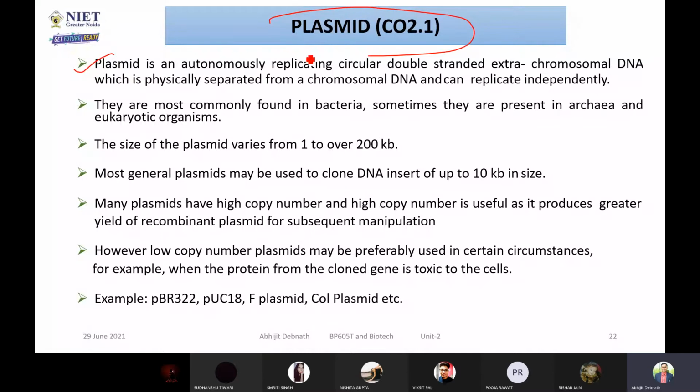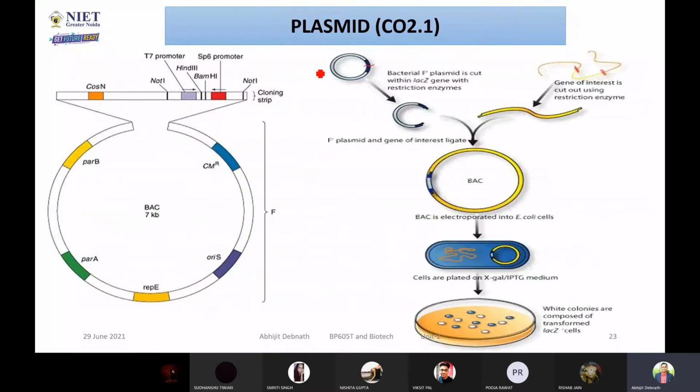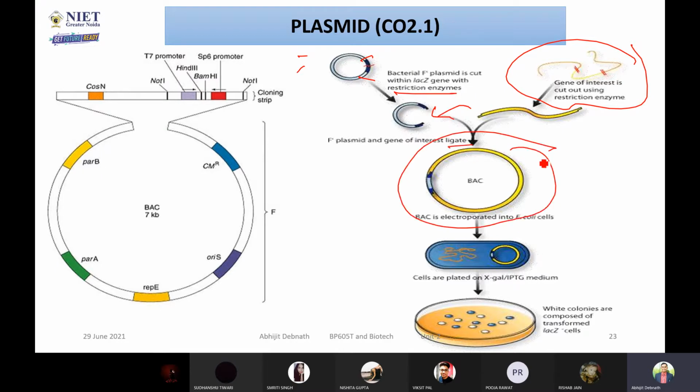I told you what a plasmid is. You have already seen it in unit 1, and again I discussed the same part. This is the gene of interest. This is the plasmid. By using the restriction enzyme, you are going to cut this open, and ultimately the gene of interest will be inserted in this area by using ligase enzyme, and then the entire recombinant plasmid will be formed. This will be transferred into the bacterial cell, and when it grows, it will also translate this part, so that you will get the protein.